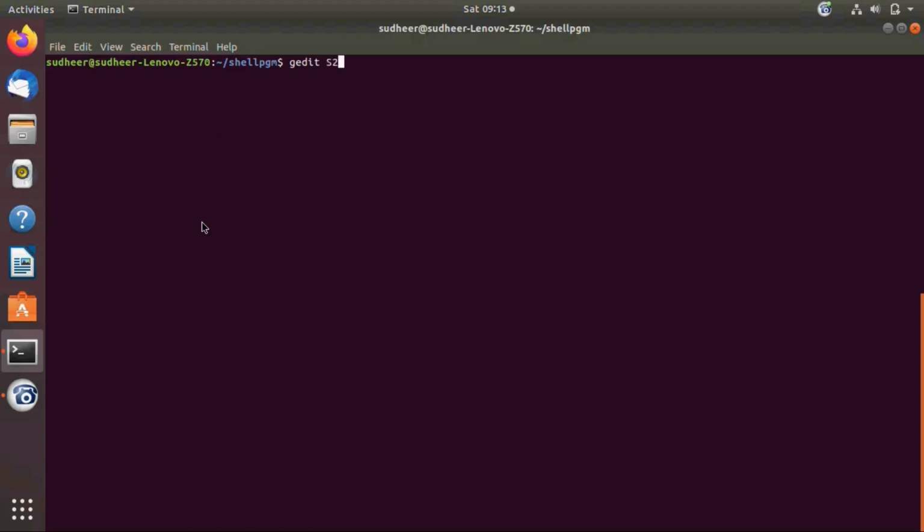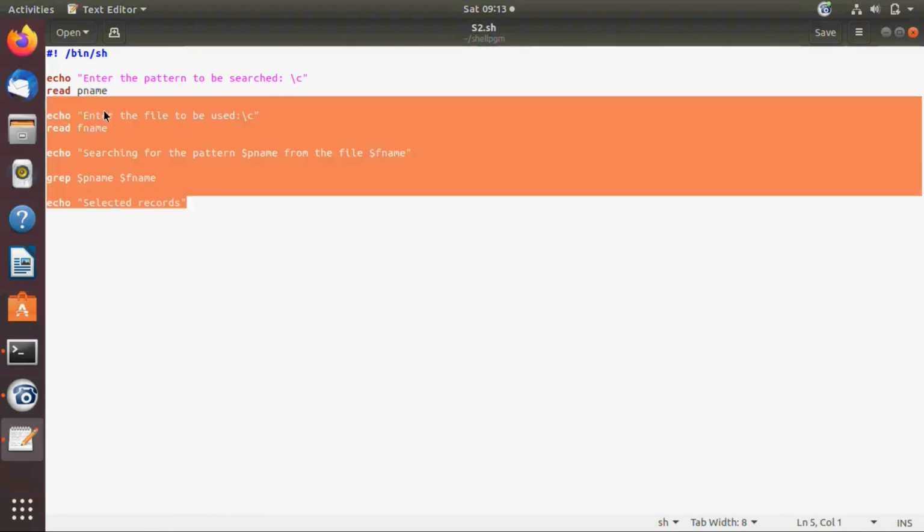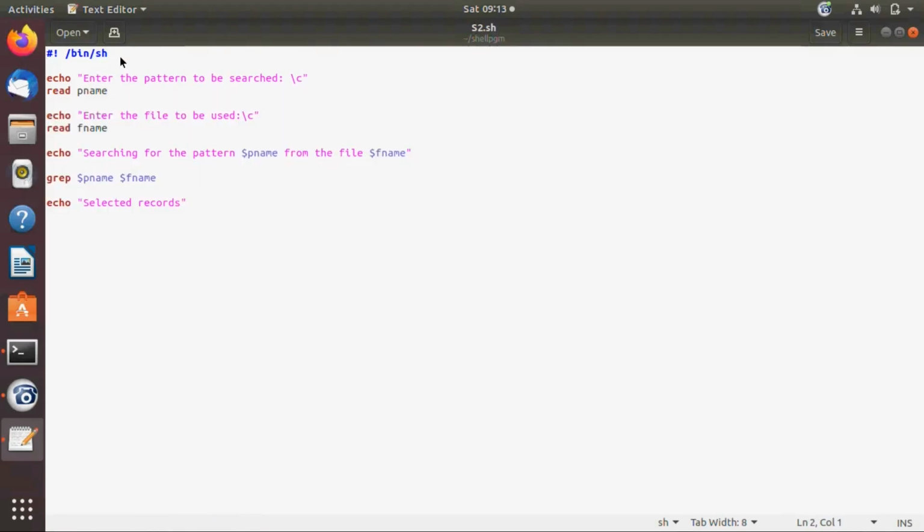Editor, program name .sh. Here the program is already written. The first statement is the shebang, the first statement in the shell script. Next I am printing a message, enter the pattern to be searched, and read pname.